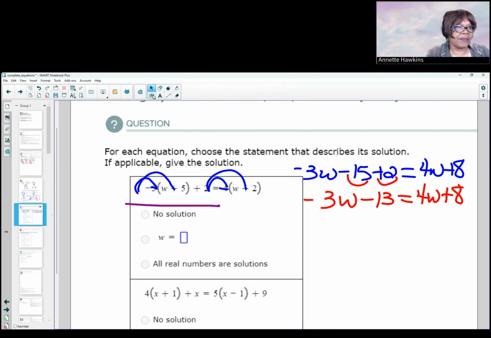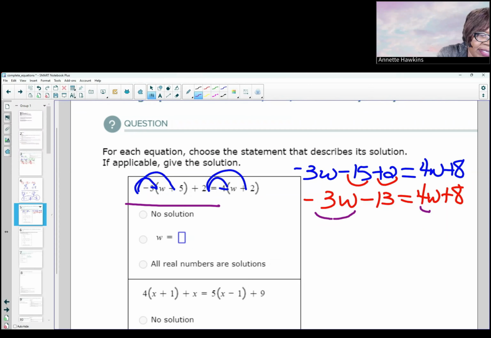All right, so this is -3 and 4W. See, 4 is higher than -3, okay? So ideally, I would turn this equation around so that 4 is on the left, but I'm not going to do it this time. I want you to see what happens and see what you like better, okay? I'm going to put the variables on the left, which is what we traditionally do. You don't have to, okay? So if I put the variables on the left, this is